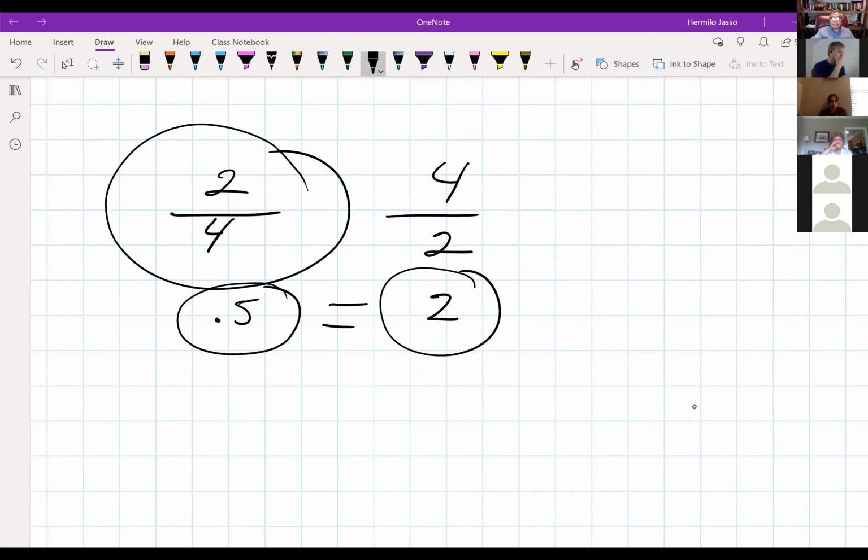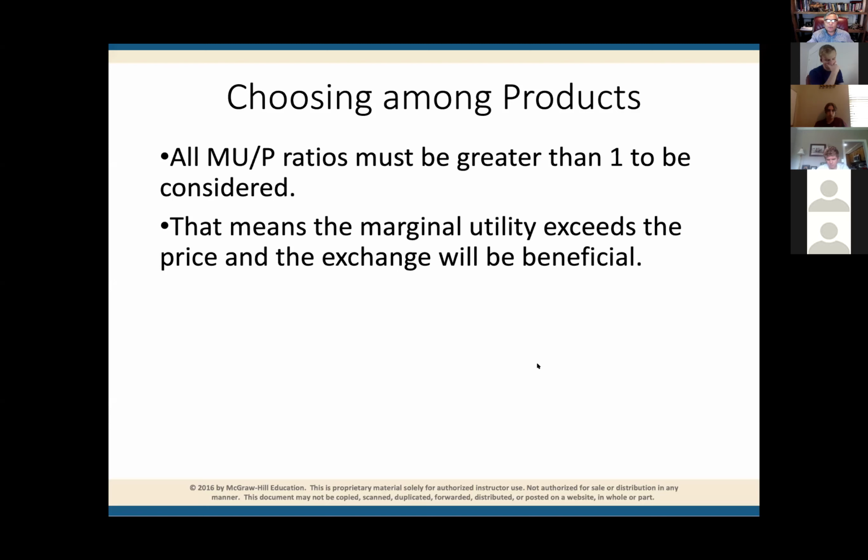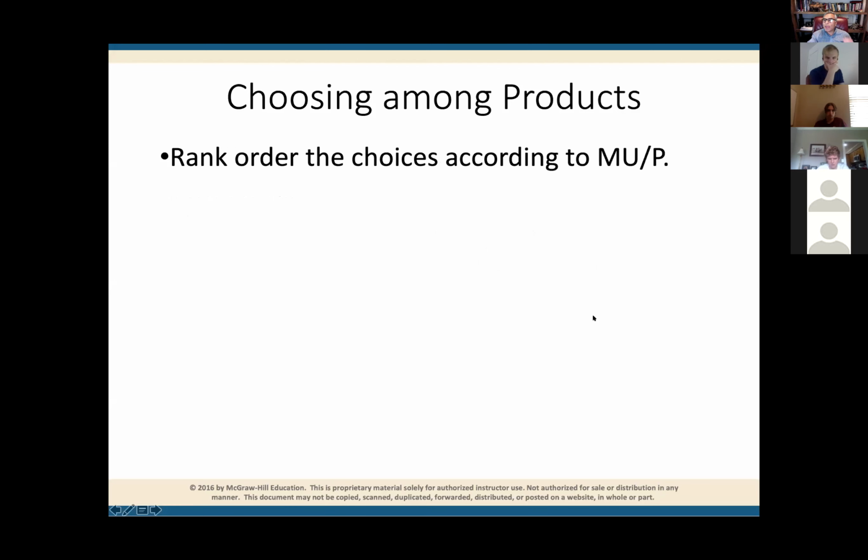And this is the example that I was trying to tell you guys. When you go to the store, even if you have money, you buy your main plate, but you don't buy a drink. And the reason you don't buy a drink is because you don't think that drink is worth $3. That the satisfaction you're going to receive will be equal to the price that you're going to pay. Okay? So again, when we make decisions, we rank the satisfaction that we're going to get out of the items.